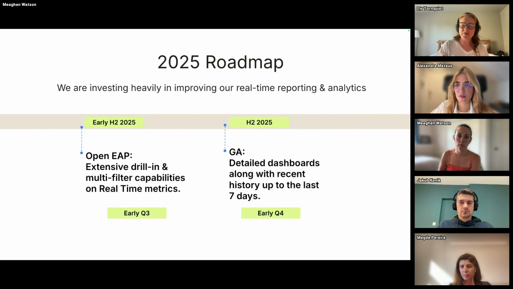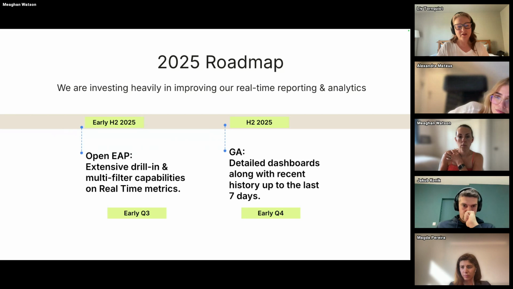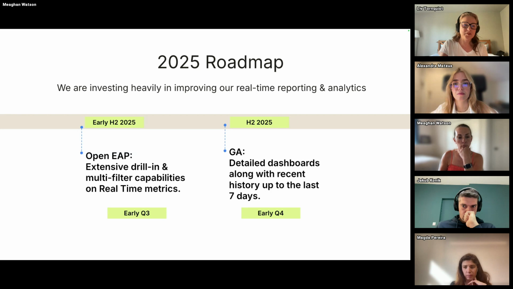And real-time monitoring will start with 3 omnichannel dashboards based on common service use cases. They will provide both real-time and recent historical, so past 7-day insights into email, messaging and voice metrics, alongside workforce management and QA data. And the first 3 dashboards that are coming will cover incoming tickets, ticket progress, and agent productivity. So look out for them.